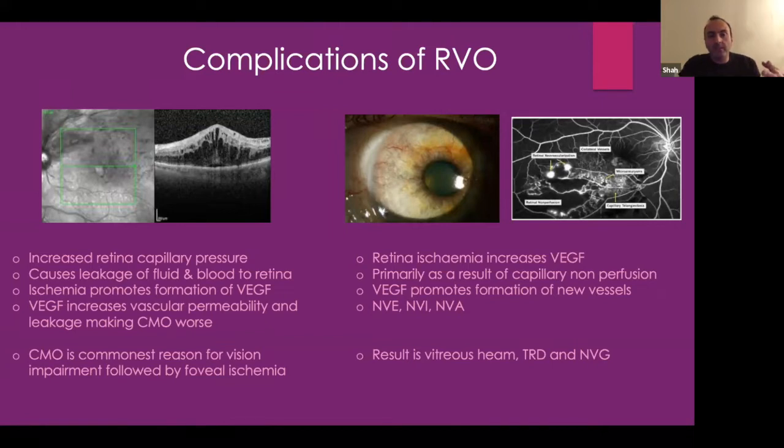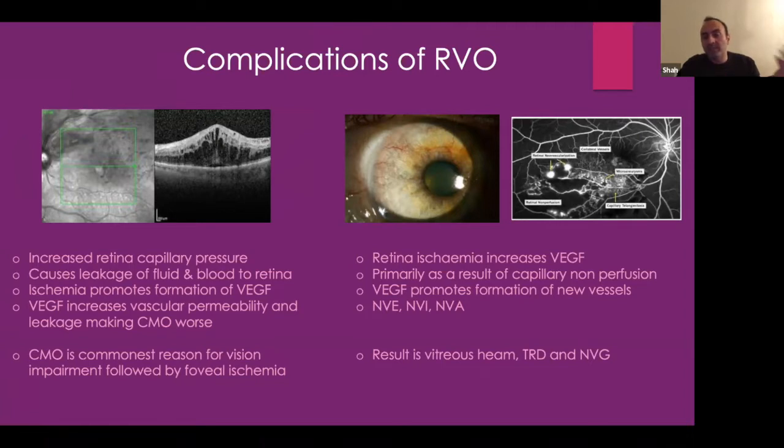Now, as time goes on, you can also have ischemia in the back of the eye, and that in itself will drive VEGF, but it will also cause new vessels. So we've been through the macular edema causation, and if you look on this side of the picture, you can see these hotspots on fluorescein angiography, and that's what you get between non-perfused and perfused areas of the retina. You get these abnormal new vessels, which can bleed and cause vitreous hemorrhage, and that will then need surgical treatment, etc. Sometimes it might go away on its own, sometimes it may not.